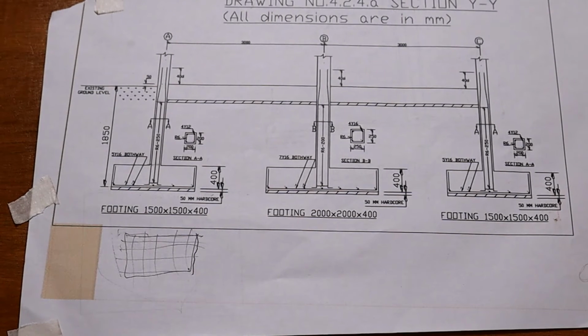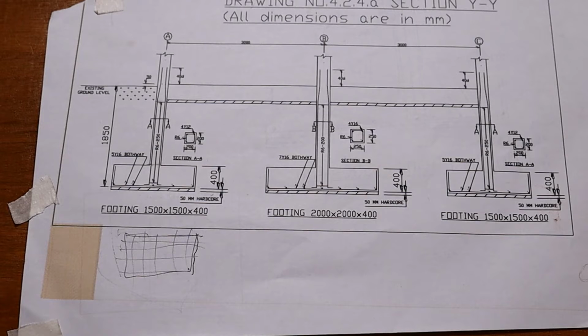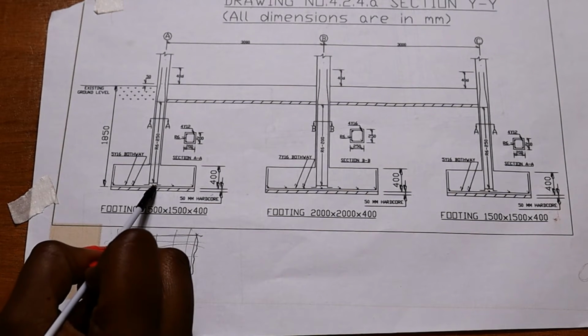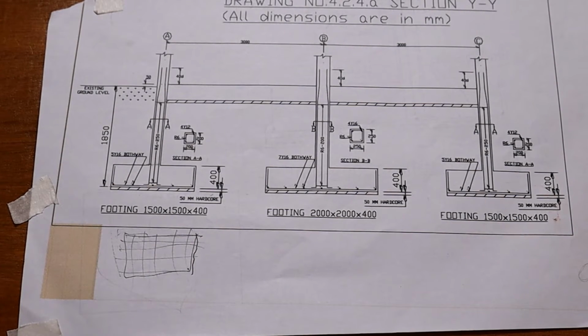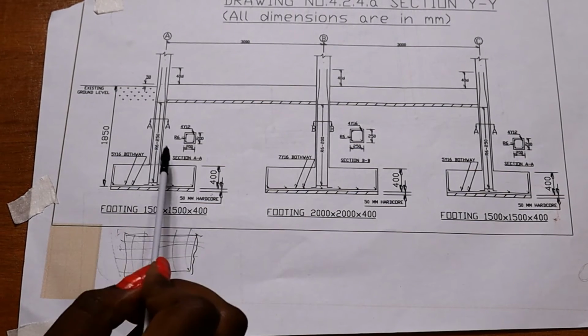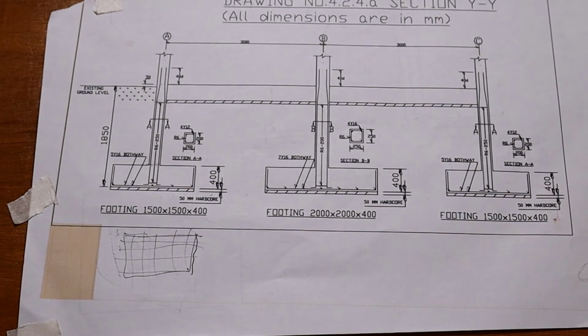So the thickness of one bar of Y16 is 0.016 meters. If there are 2, it shall be 0.016 times 2, because there are 2 Y16s. Then we need to add the length of the bend. You see these bars, they have some bend. What is the formula for finding the length of that bend? It is 5.5D. So if the diameter of these ones coming this way is Y16, it shall be 5.5